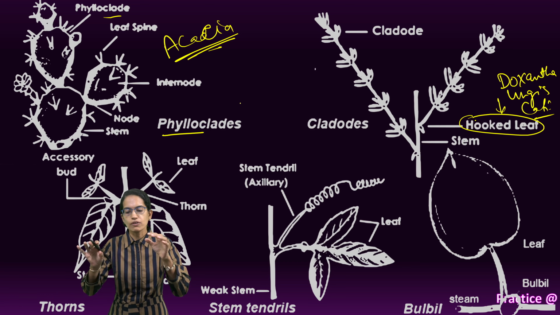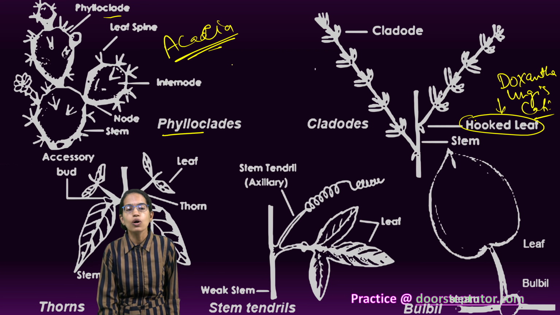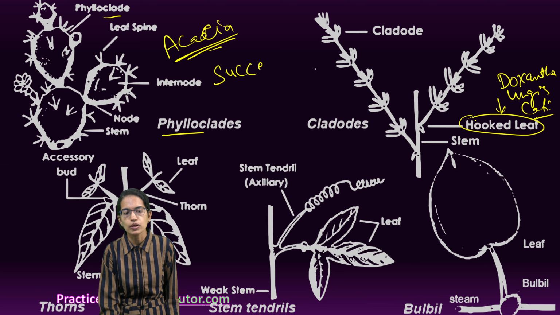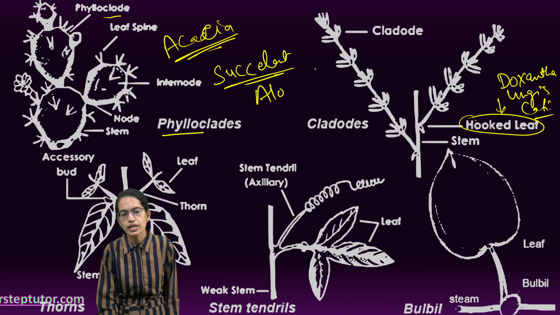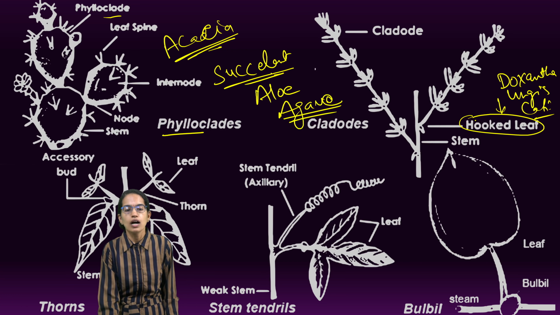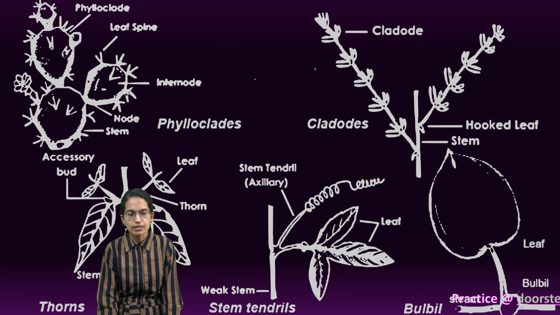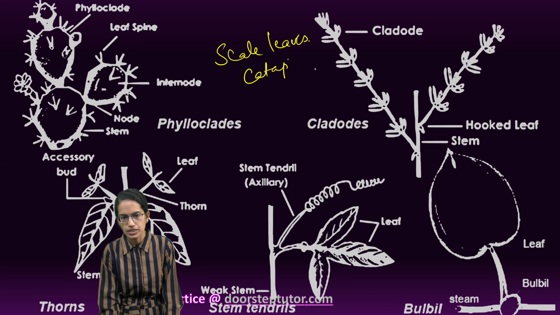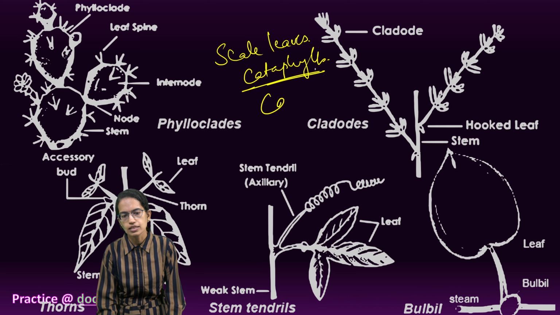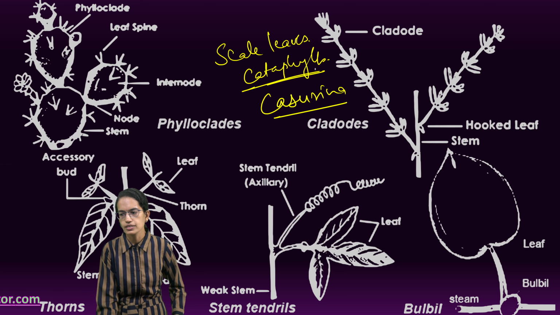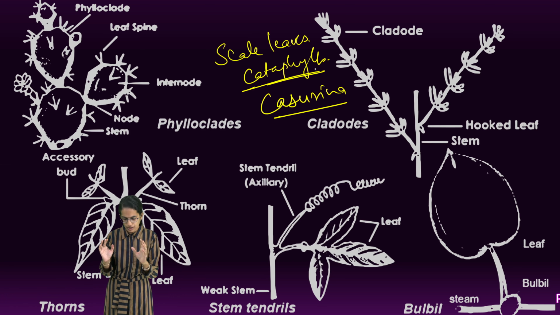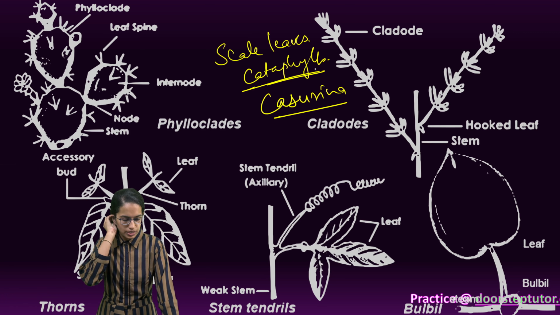Some of the leaves are modified as insect catching leaves. So pitcher plant is a good example. Some leaves are transformed into succulent leaves. Succulent plants are mainly for storage. So aloe vera, agave, as we discussed in our previous concept map as well, those are good examples of succulent leaves. Sometimes the leaf converts into scale leaves. Now these scale leaves are known as cataphylls. These cataphylls are seen in Casuarina as one of the plants, and then floral leaves are also seen where leaves are specialized and they actually have a role in decoration in the flower.